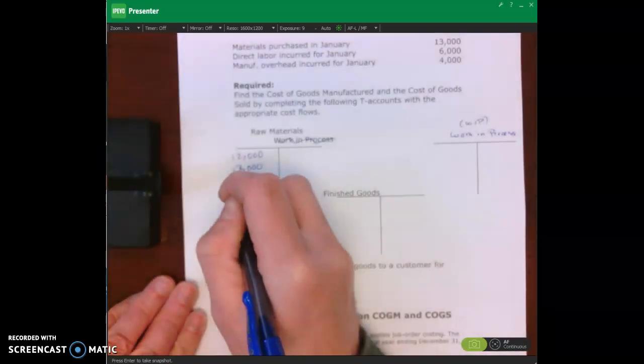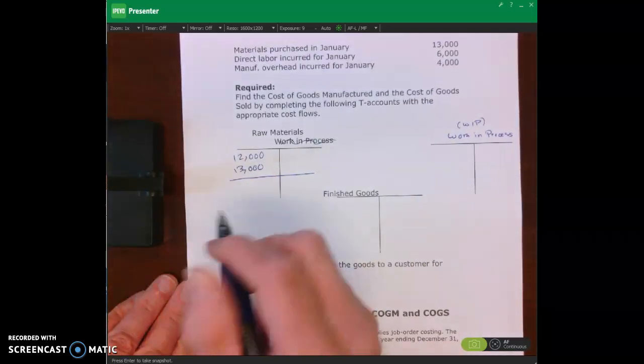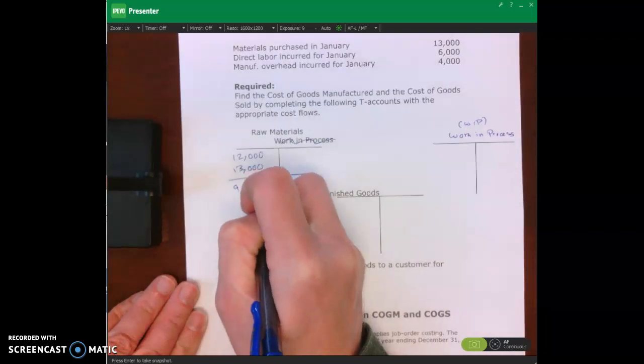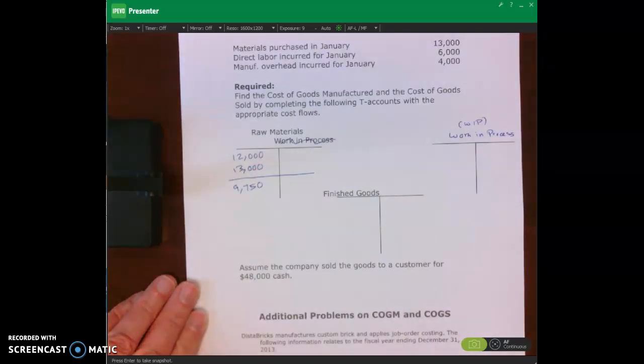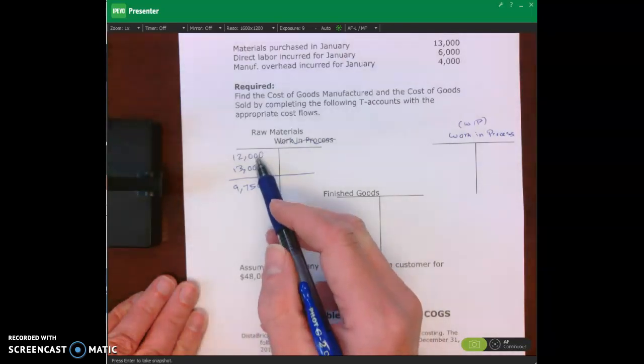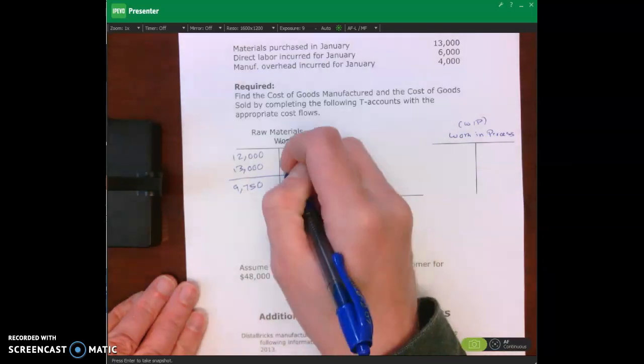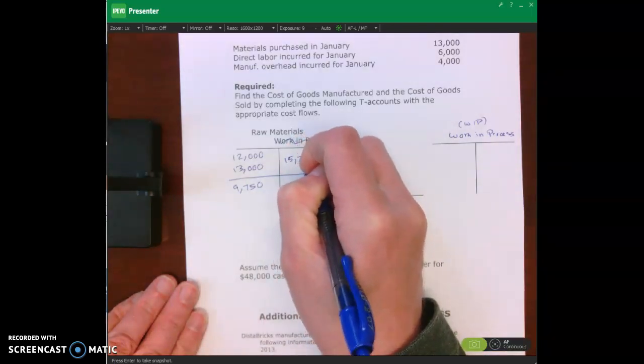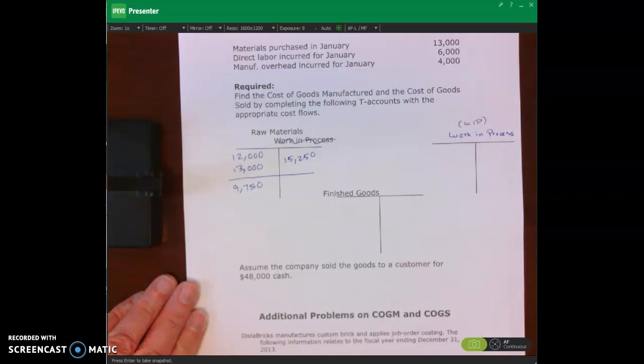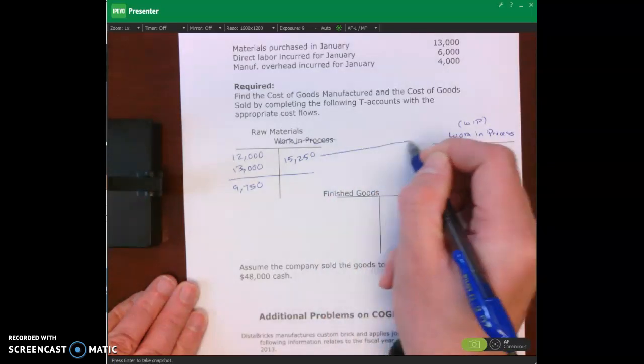And then if I look on the prior page, I had $9,750 left over in materials. I can then calculate how much I used in materials by taking the $12,000 plus the $13,000 minus the $9,750, which gives me $15,250. Okay, now that $15,250, we were told that's all direct materials, which means it moves over